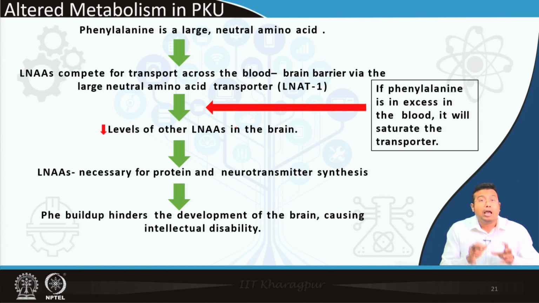That is fine, but if phenylalanine is in excess in blood, it will saturate the transporter. Whatever transporter is there, all will be binding to phenylalanine, because it is much in excess. And what will happen? Other large neutral amino acids cannot get inside the brain. Those are extremely necessary for proteins and neurotransmitter synthesis in the brain, and that will be hampered if excess phenylalanine is present in blood, which ultimately hampers brain development, especially in the growing